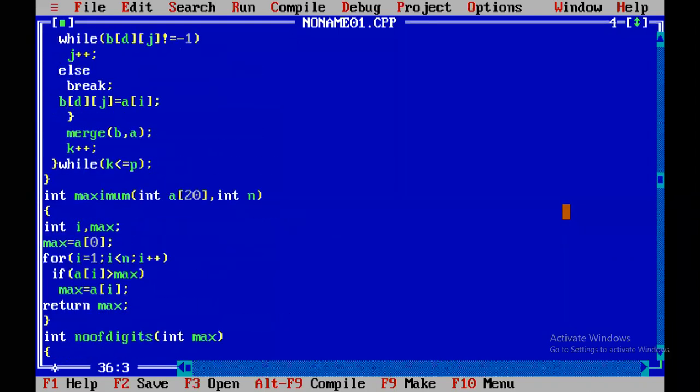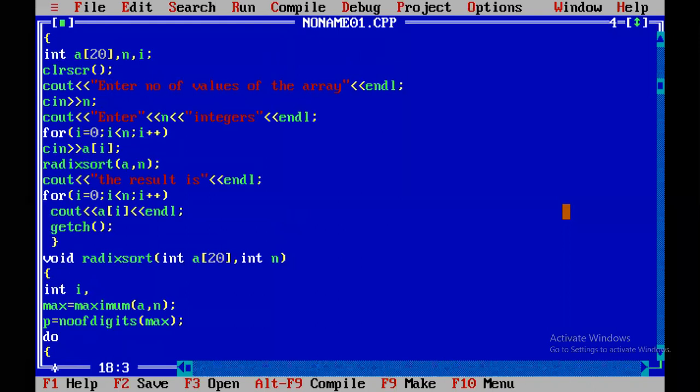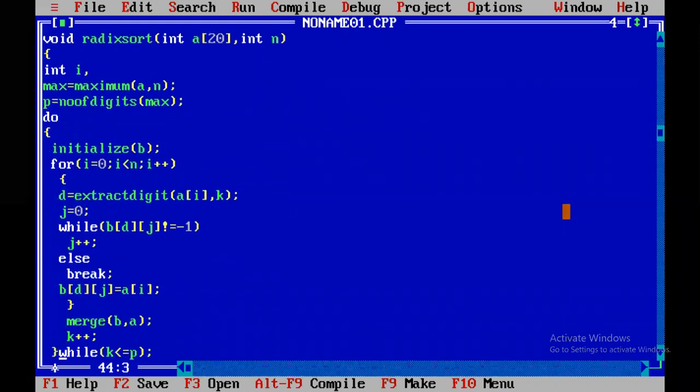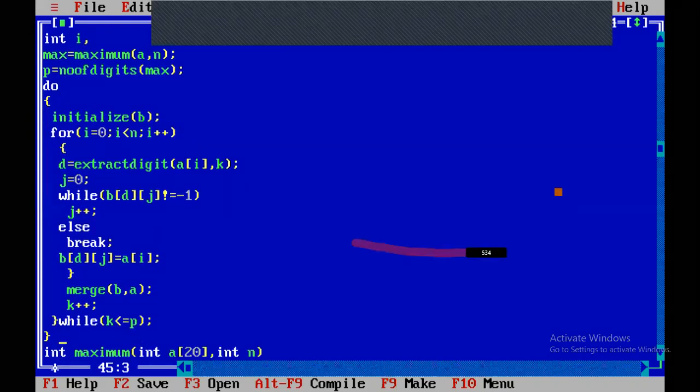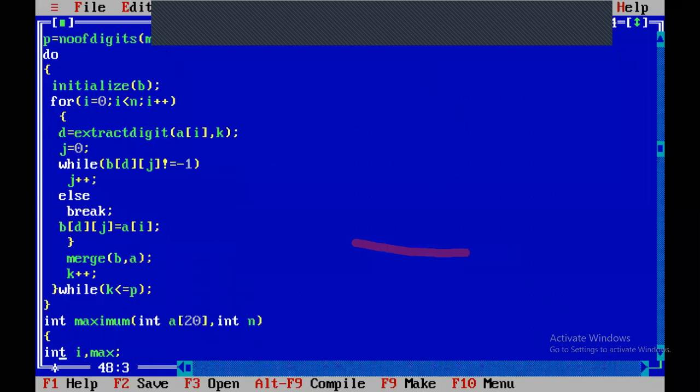Then what? Merge. Don't write on the screen. Merge.